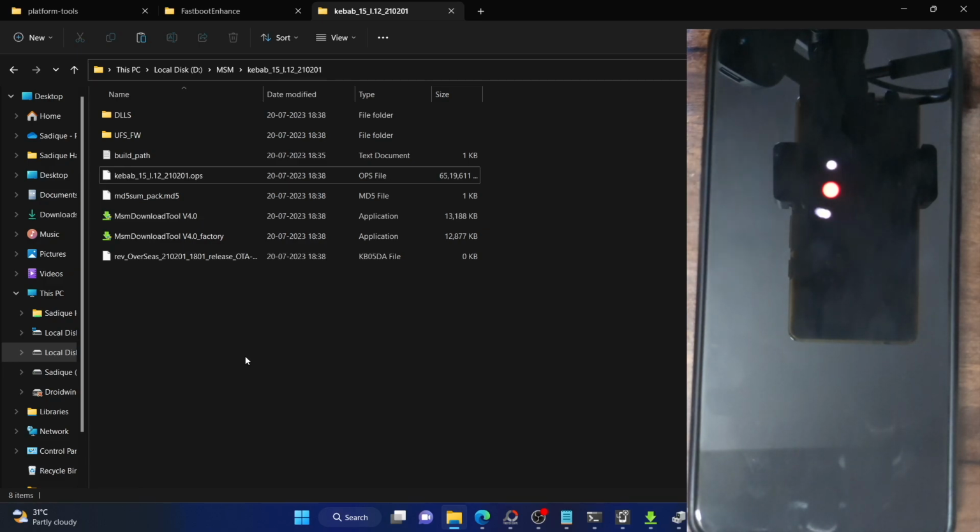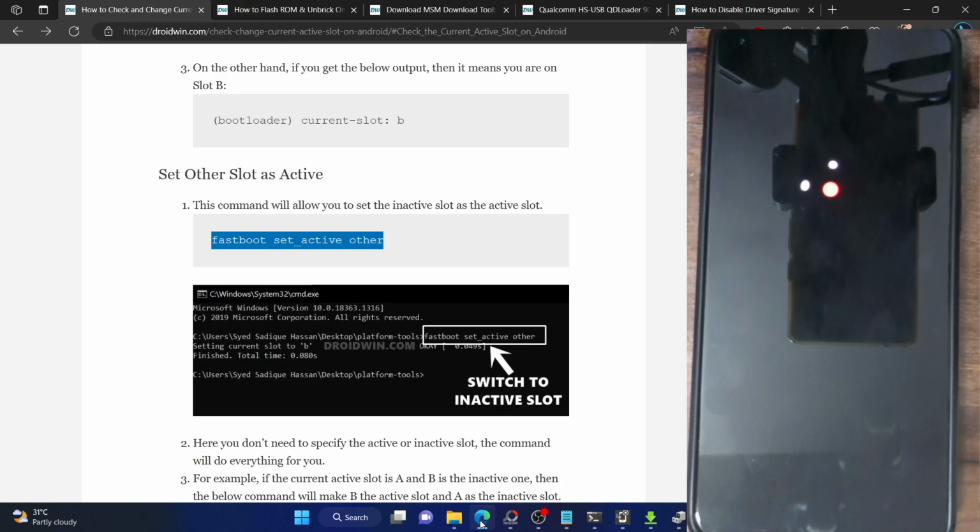So with that said, let me now show you my phone status. And as I have told you, the first boot up will take some additional seconds. That's completely normal. From subsequent boot ups, it will not take that much longer. So let's just wait for a few more seconds for the phone to boot up. If you want, you could restore the data right now or unlock the bootloader first. As I have told you, the MSM tool will reload the bootloader. So you could first unlock the bootloader and then restore the data.